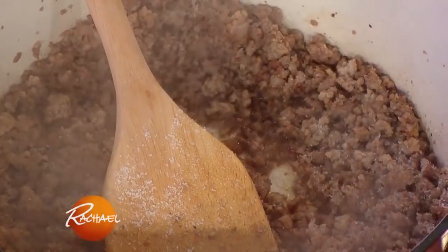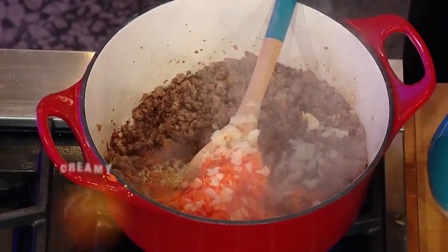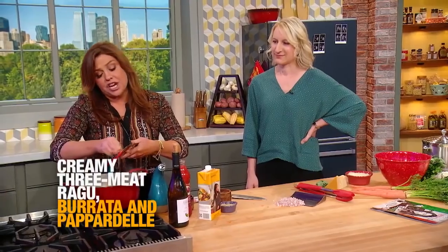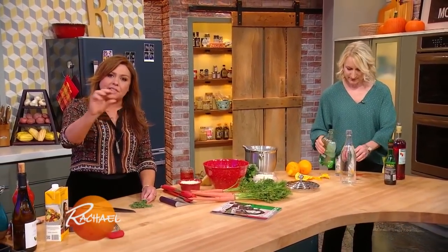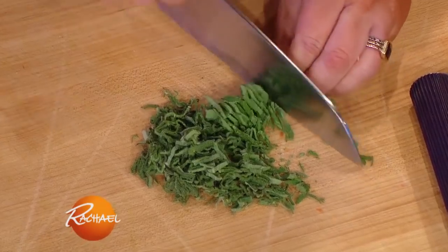I like white pepper in this sauce. To sweeten this sauce, I'm gonna add 1 carrot, and I'm just gonna grate it right into the pot. Okay, so garlic, carrot to make it sweet, a little hint of nutmeg, and some shallot or finely chopped onion. So I'm running my knife through, all I did was stack up a few fat leaves of fresh sage. I'm running my knife through the sage, and I'm gonna get that down into our mixture with our meats and